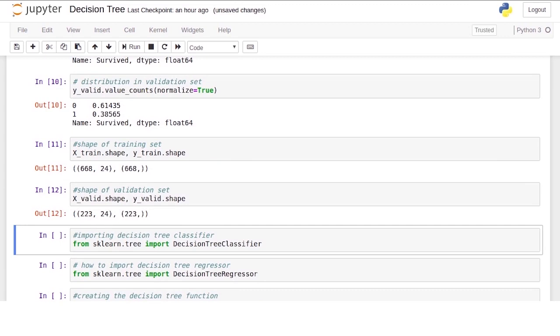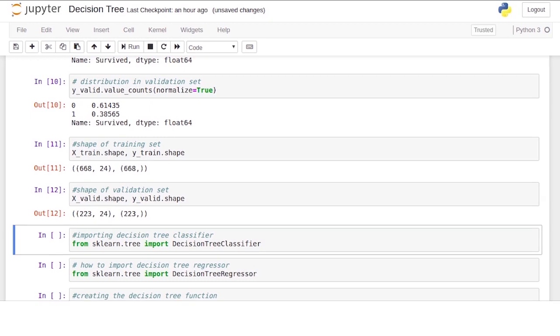Alright, now let's build the decision tree model. Here I'm not focusing on creating different types of features and building the best models. Instead, I want to explain how to build a decision tree model and change the parameters to have different models after looking at the model result. Remember, this is a classification problem where we have to predict whether a passenger on board the Titanic will survive or will not survive. That's why we'll use the